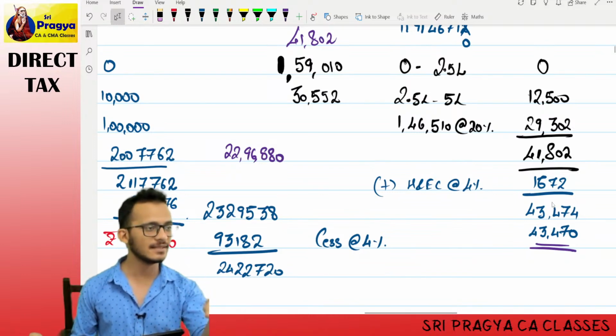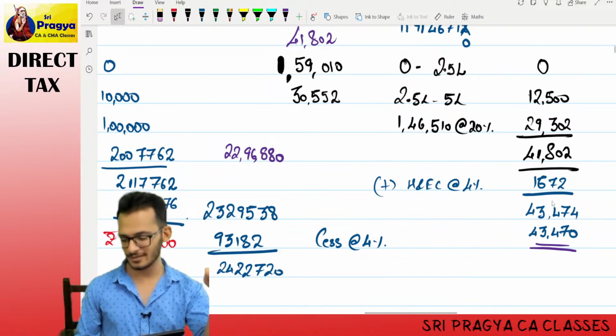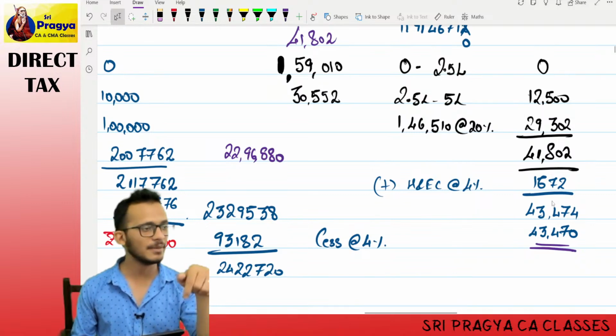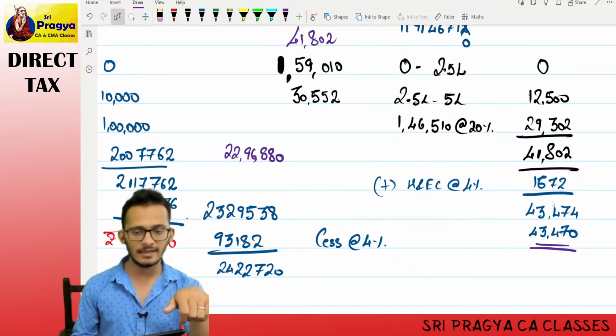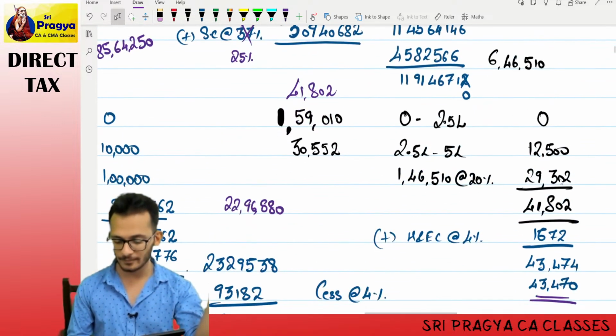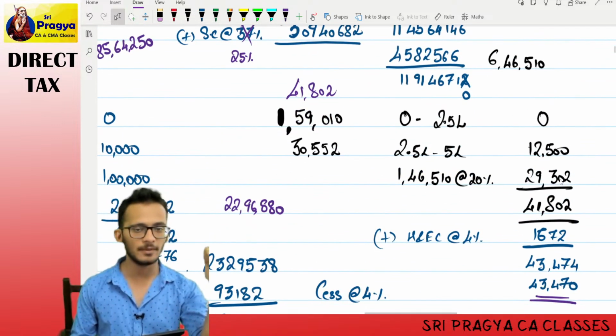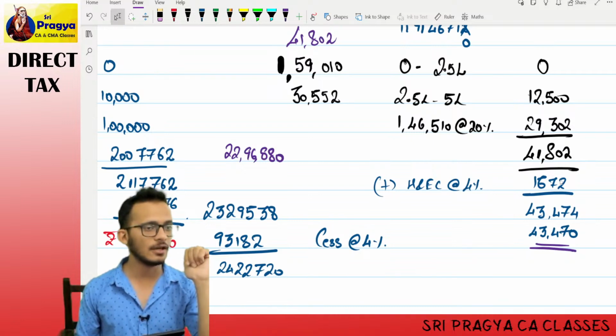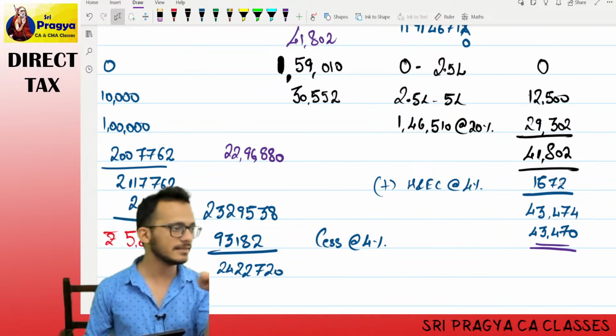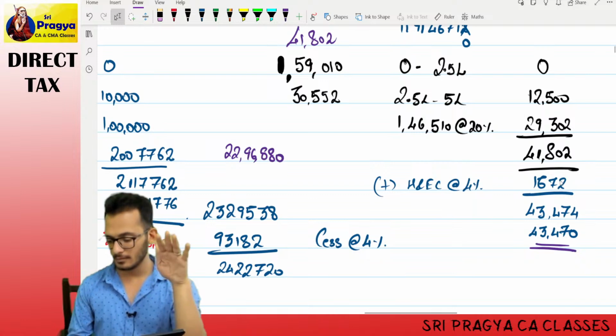Residency is not important for rebate. Did I not tell you? I told you rebate is only eligible for residents. Is it a resident or non-resident? Then rebate will not be applicable. The fact does not change that he is a non-resident. If he is a non-resident, you cannot claim rebate. Residency will still apply.